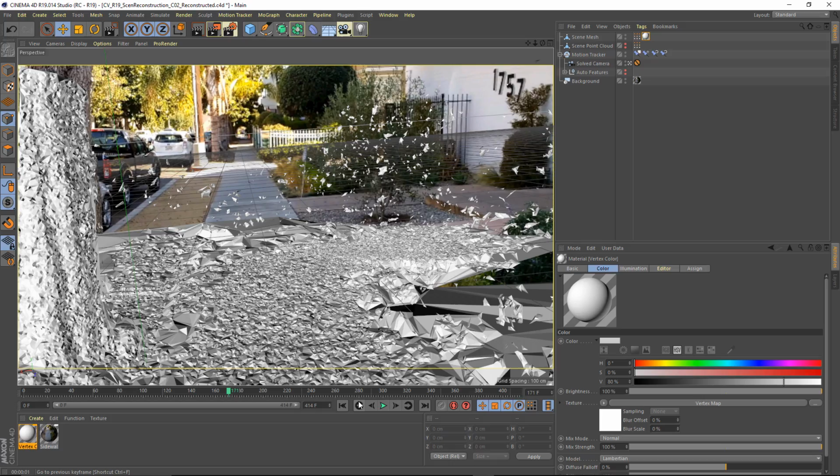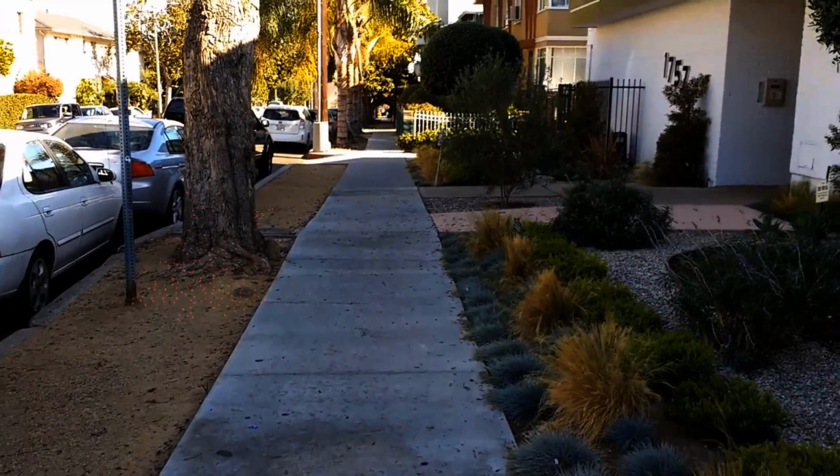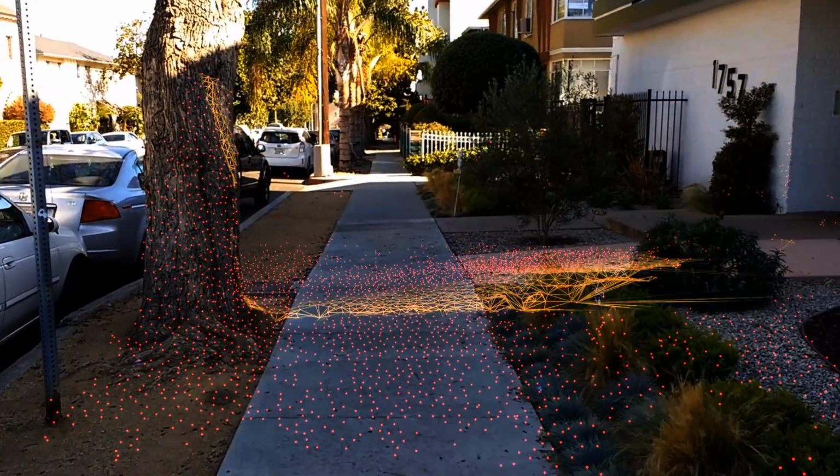And that's the process for converting your footage into geometry. You can use this directly for simulating LiDAR scans, break it up for